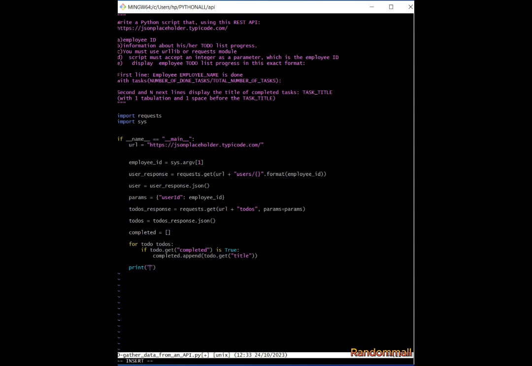it's going to be long, okay, employee followed by employee name is done with task, then followed by the number of completed tasks and total tasks. So we are using the format method. So we pass in